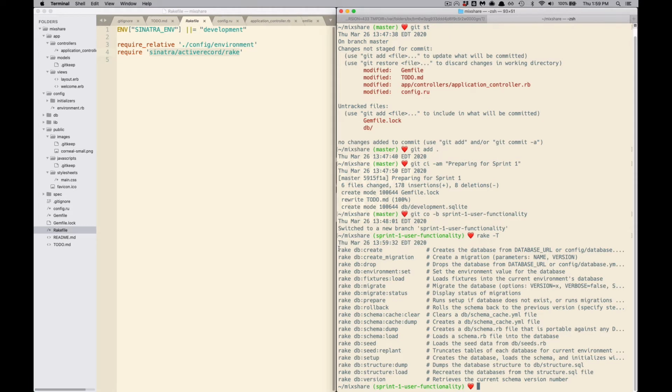So here we have rake db create, migrate, and oh yeah, here we go, create migration. That's what I was looking for. How did I not see that? Okay, great. So let's just do rake db create migration, and let's make it,